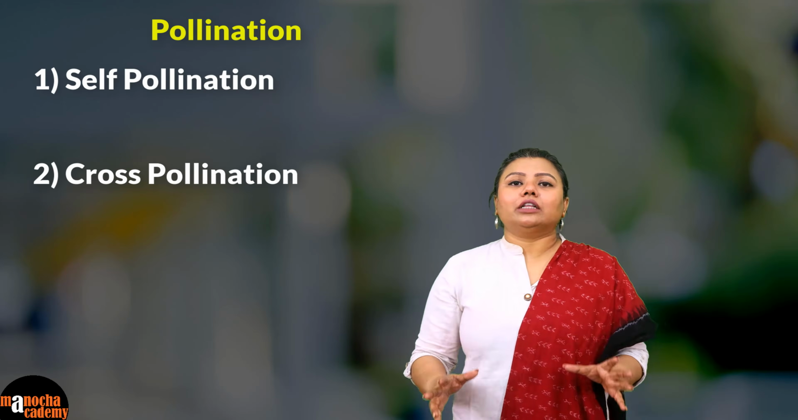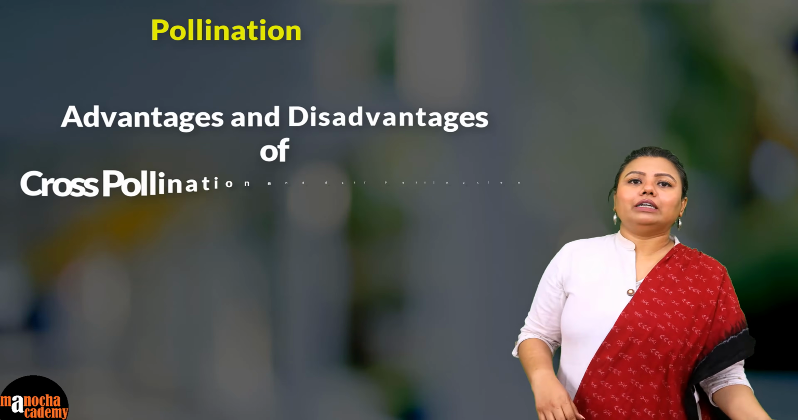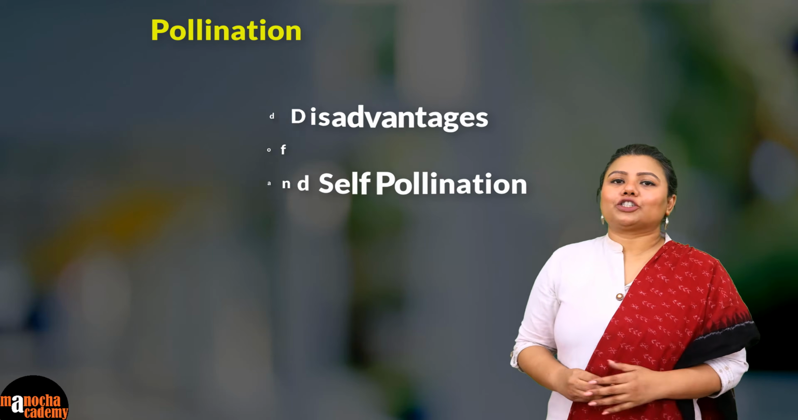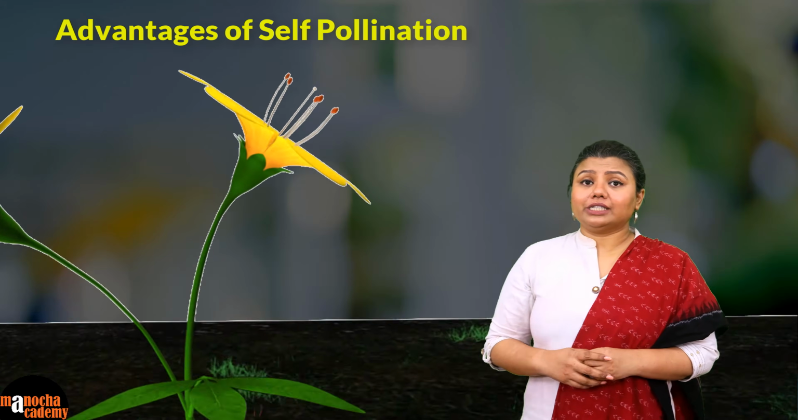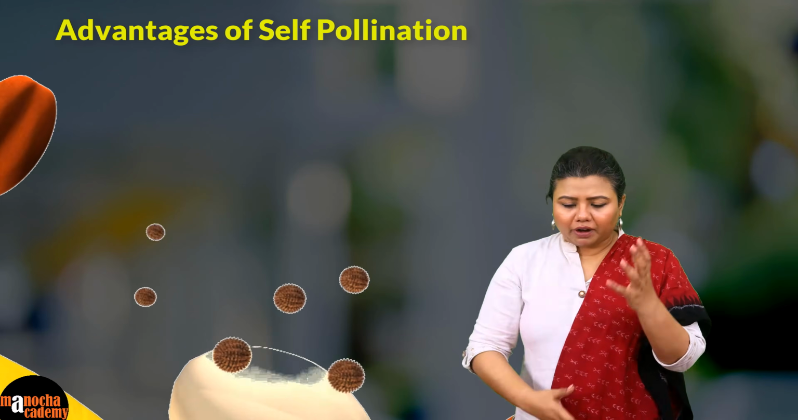Okay, so these are the two types of pollination. Now let's talk about the advantages and disadvantages of cross and self-pollination. First, let's talk about the advantages of self-pollination. During self-pollination, the pollen grain is falling on the stigma of the same flower or another flower very nearby